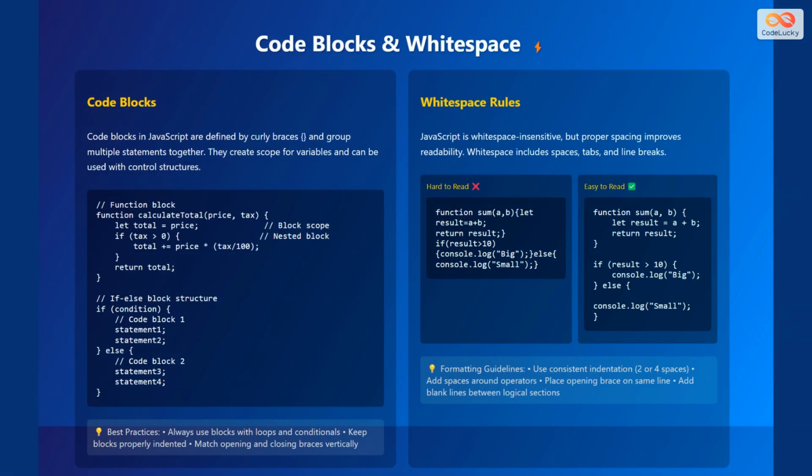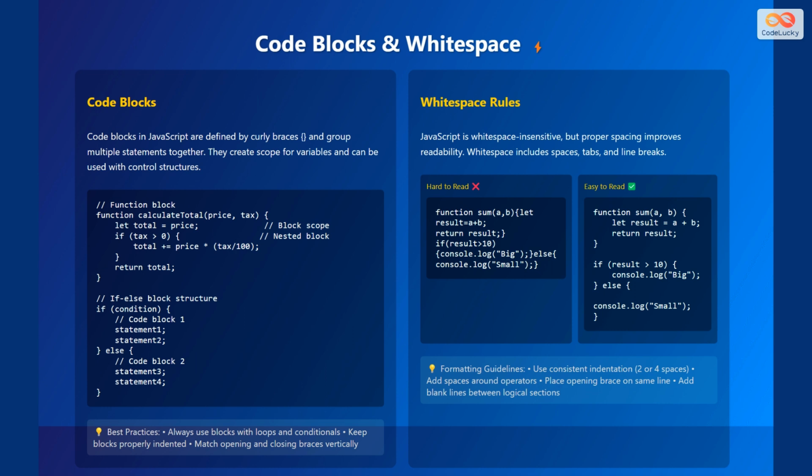Now let's discuss code blocks and whitespace. Code blocks in JavaScript are defined by curly braces and group multiple statements together. They create a scope for variables and can be used with control structures, such as functions and conditional statements. Whitespace, which includes spaces, tabs, and line breaks, is not significant to the JavaScript engine, but it is very important